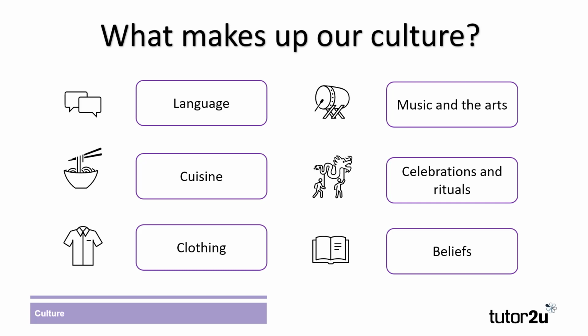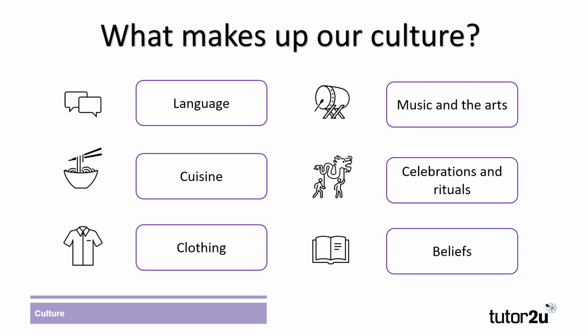A second aspect of culture is cuisine, and this may be more identifiable than other aspects of culture. Common foods and customs are often seen as being part of a culture, although in contemporary society many types of food have been adopted as part of a global food culture, for example Chinese food, Indian, Thai, Mexican and Arabic food is commonly eaten in the UK, despite traditional British food being seen as fish and chips or a Sunday roast.